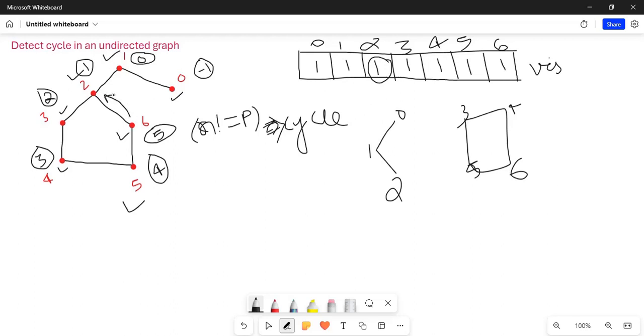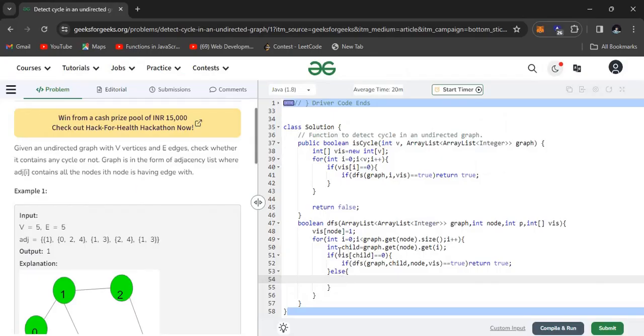When 6 tries for 2, but 2 is already visited, there may be a chance of a cycle, if the child is not equal to the parent. So if the child is already visited and the child value is not equal to the parent, that means we are able to find a cycle. Return true.